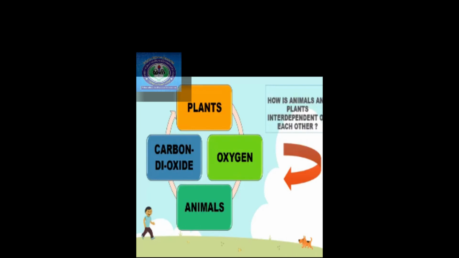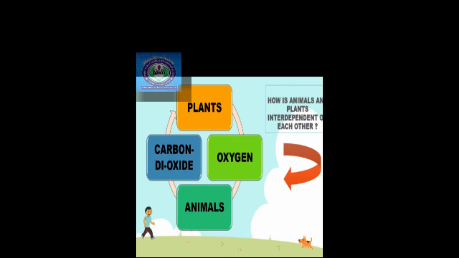Now let's have the most important question which we should know: how are animals and plants interdependent on each other? Interdependent means how they depend on each other, okay? In what way they depend on each other, in what way they help each other. This is the question. So it's a very common question and you must have read it in your previous classes,